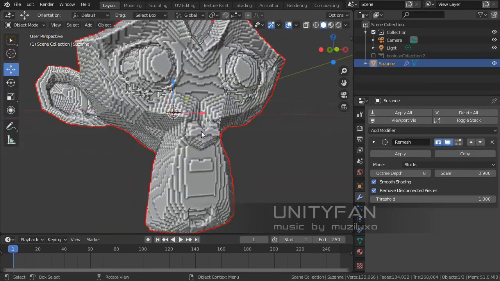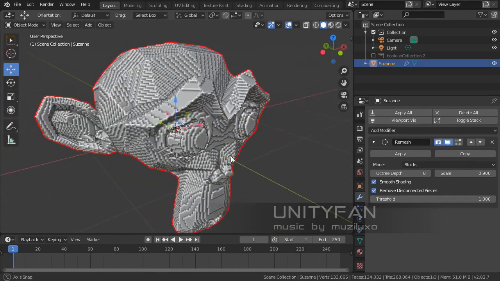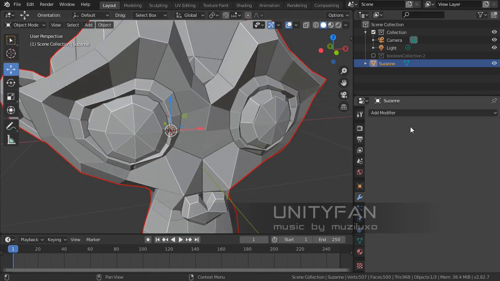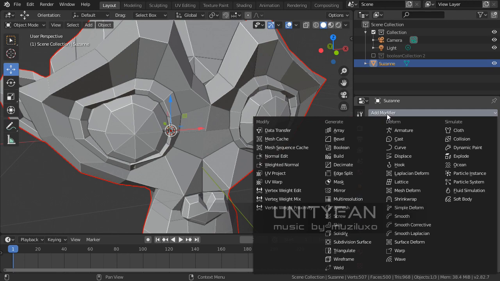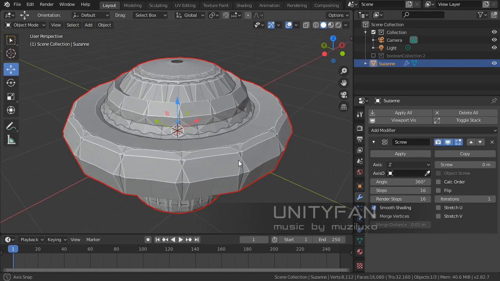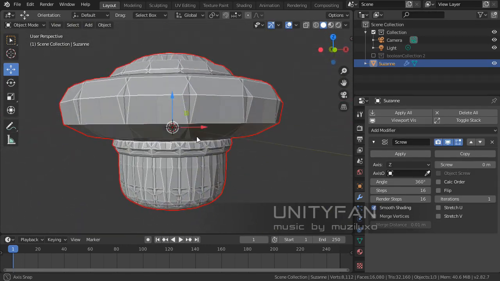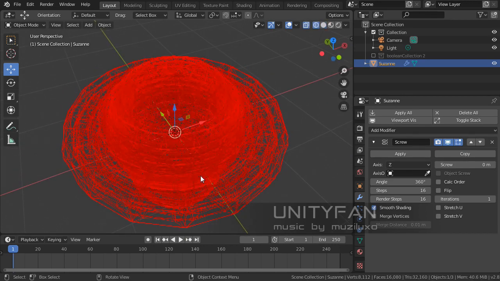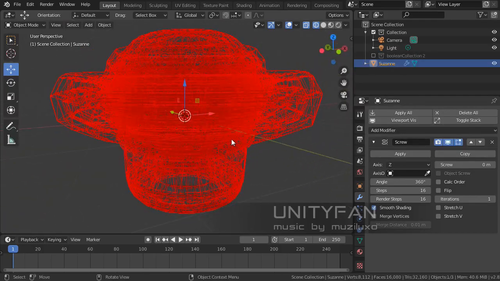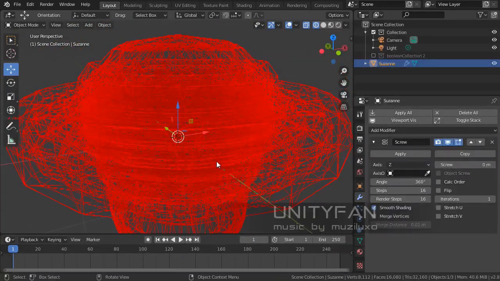I don't really know the purpose of it. I haven't seen anybody using it, so know that this modifier is not being used by that much. Screw modifier. Personally, I use it a lot. Actual screw modifier, what it does, it's creating copy, but it cannot be used on